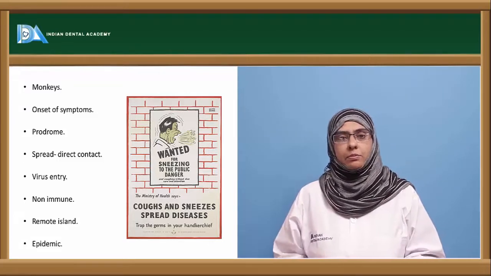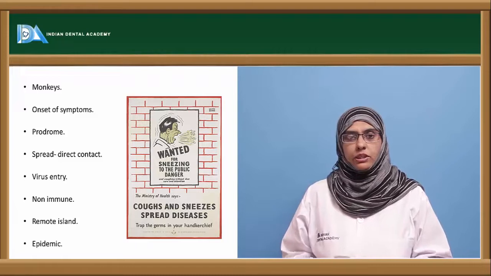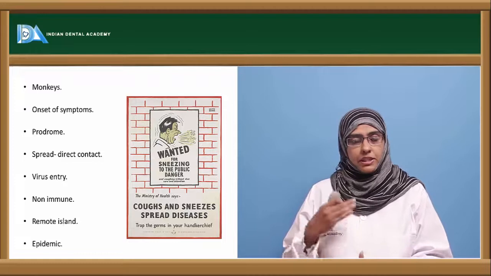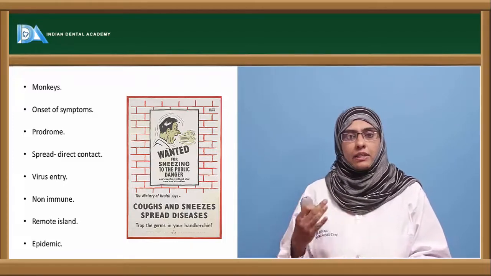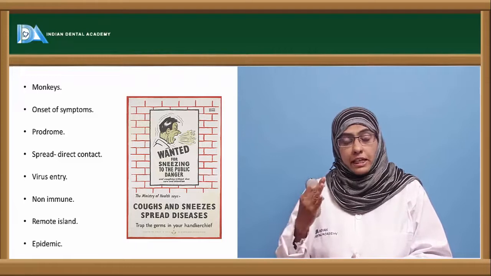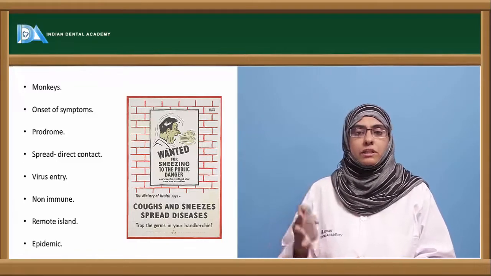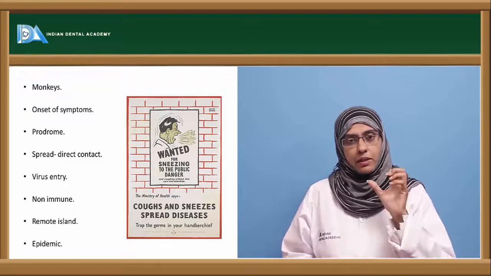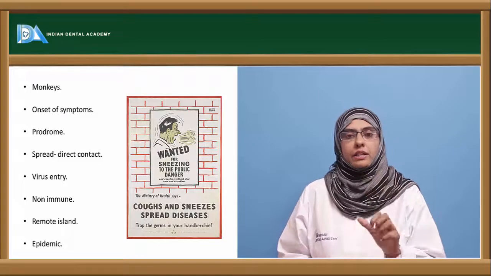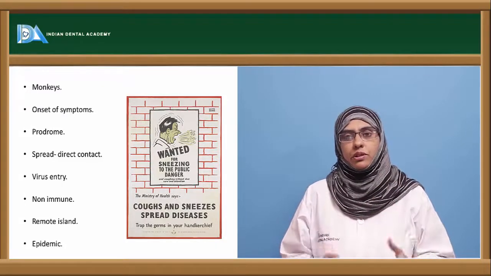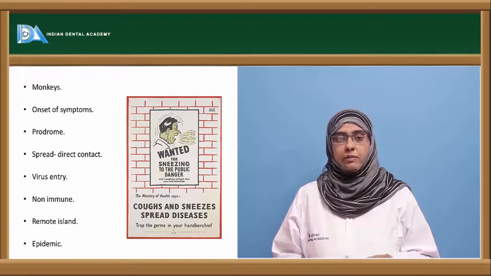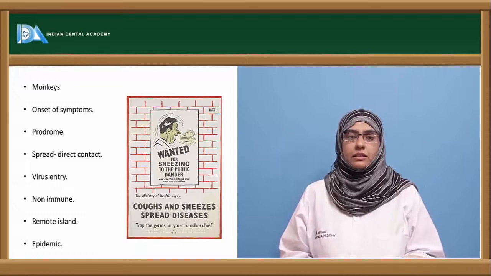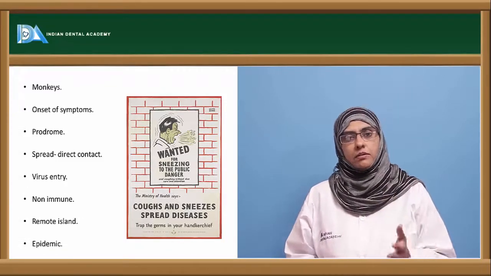Next, the onset of the symptoms is, as we know, 2 to 4 days after the infection, with prodromal malaise. The person becomes infectious immediately after being attacked by the virus, and is infectious till the rash subsides or desquamates. It is during the prodromal phase that the person is highly infective, spreading infection to different people. The spread of the infection is by direct contact or inhalation of aerosols or droplets which contain the virus particles.